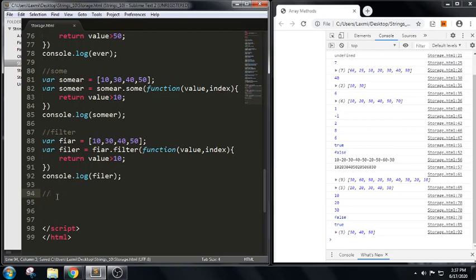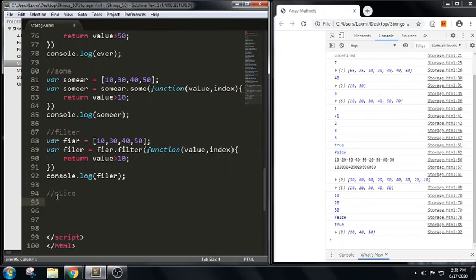So these are very important methods for writing complex code. We use every, some, forEach, and all these things based upon the notations. For example, next one let us see slice. Let us see slice here. What is the use of slice?